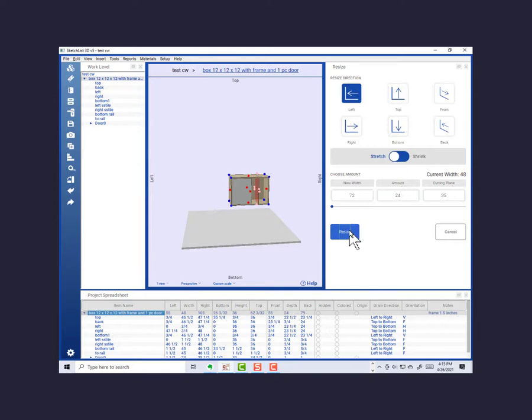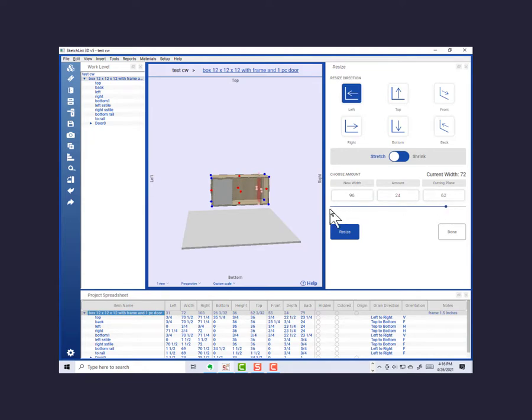So if I did 12 here, you see that everything moved. The door's not affected. This set of boards here stayed as was, and the change occurred in there. You can do the same thing. Now you can come here and say the cutting plane and just slide that over and see where it's comfortable